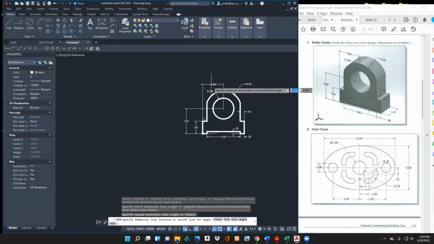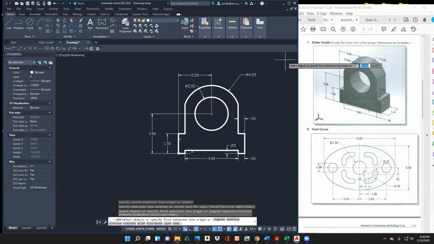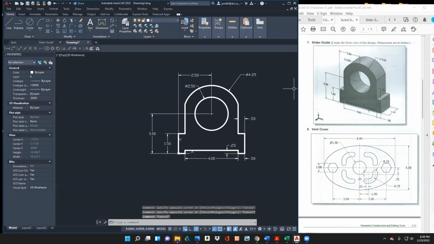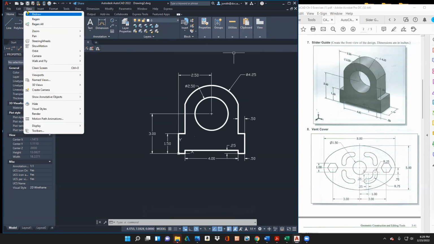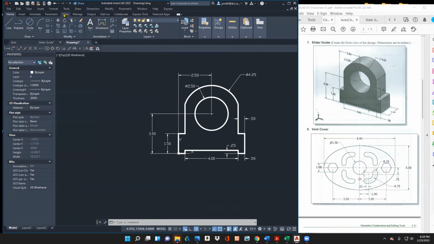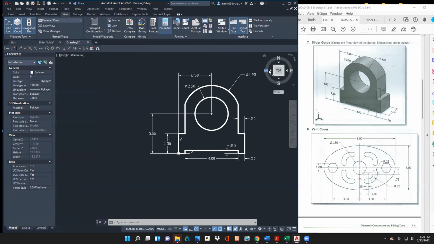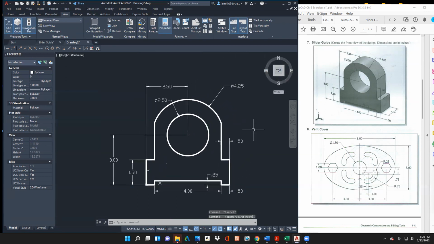And I think we're pretty close to being done here. So what I might do is on the view, I don't see my menu here. How did I get rid of that? My view cube, I can center it just by hitting the top. I think I'm good. So before I'm done though, I'll go ahead and do file print